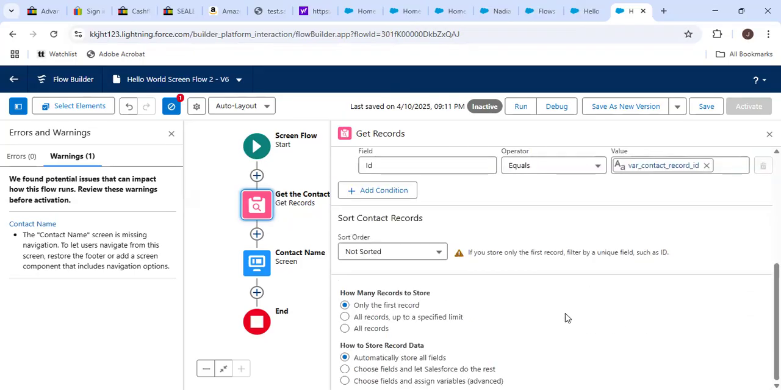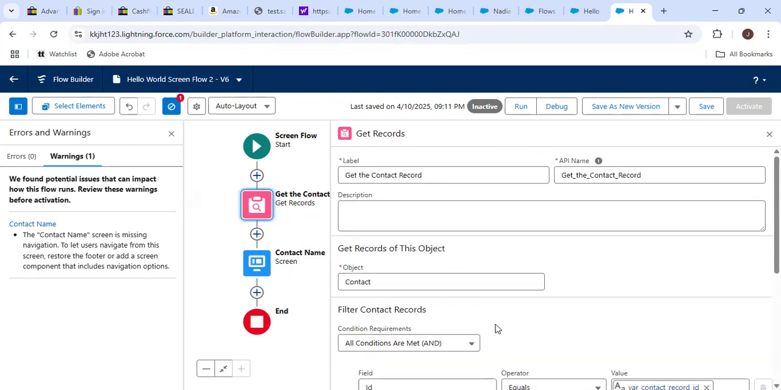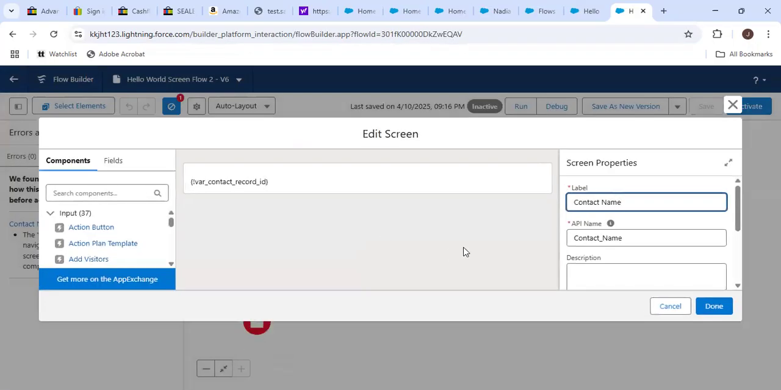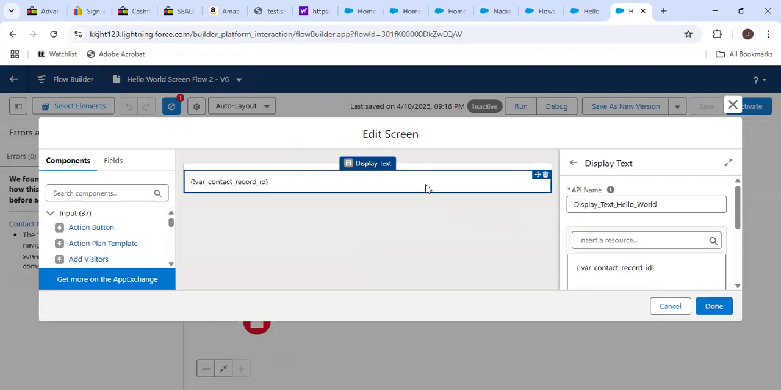We don't need to do anything here because you're only going to get one. Yes. Save this. Do you understand what's happening? Yes. Okay, X this out. Go to your screen. Okay, change that. Instead of that, just say,